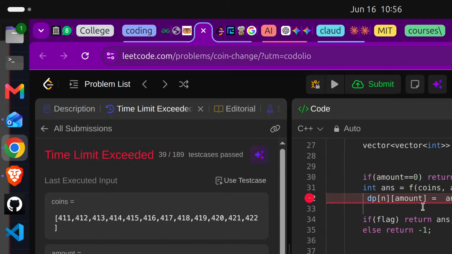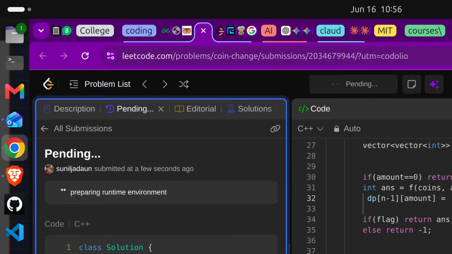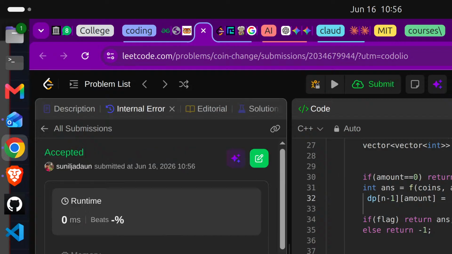Auto buffer, okay. I think it's N minus 1 here. Right. Okay. Let's try to submit it. It's accepted, guys. Okay, as you can see. So I think it was like that, and